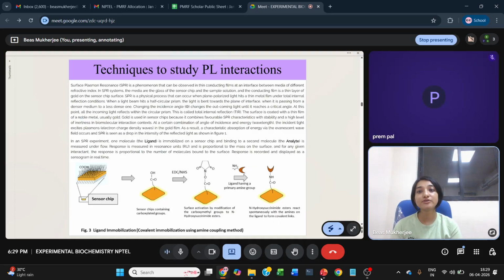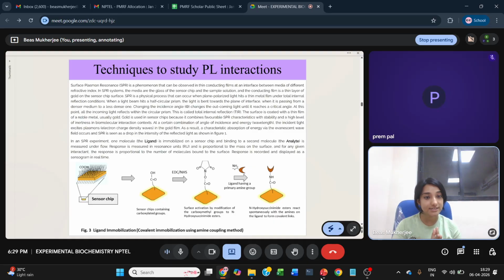Surface plasmon resonance is a phenomenon that can be observed in thin conducting films at an interface between media of different refractive index. In the SPR system, the media are the glass of the sensor chip and the sample solution, and the conducting film is a thin layer of gold on the sensor chip surface. SPR is a physical process that can occur when plane polarized light